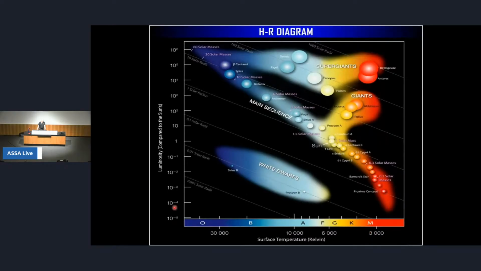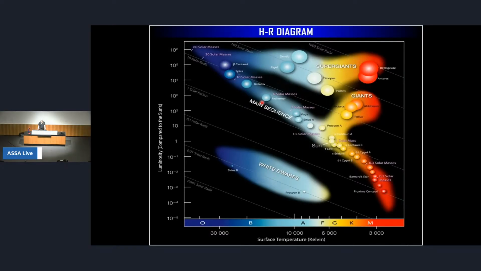On the y-axis, we have luminosity. So these numbers here are compared to suns, or luminosity compared to the sun. If you go across the diagram from 1, you'll end up at the sun. So the sun has a luminosity of 1. And then if you come down here, you'll see that it's a G-class star. So if you plot any star in the sky, or in the galaxy, or in the universe, it'll fall onto